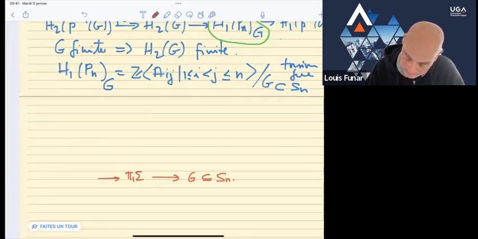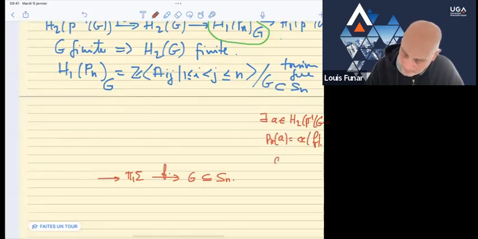Well, you know that there exists a class A in H2 of P inverse of G,